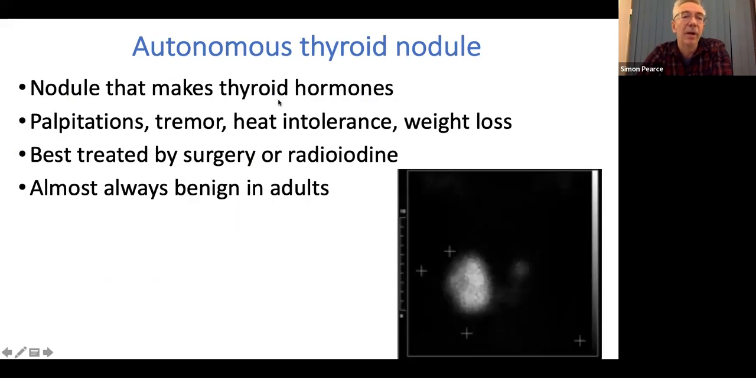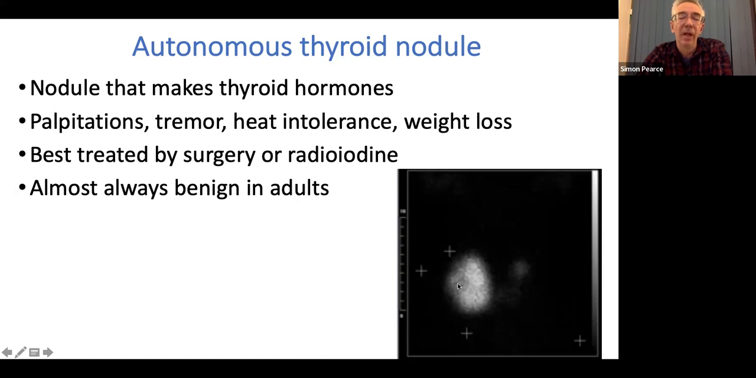And lastly, I'm going to talk about autonomous thyroid nodules. These are the ones that are making extra thyroid hormones. So you have a scan like this, and you show an area of increased uptake. So you may get the typical features of thyroid overactivity: palpitations, tremor, heat intolerance, weight loss. And this is best treated by surgery or radioiodine, although they are starting to treat these with radiofrequency ablation as well. And these are almost always benign if you're an adult with this kind of functioning thyroid nodule,